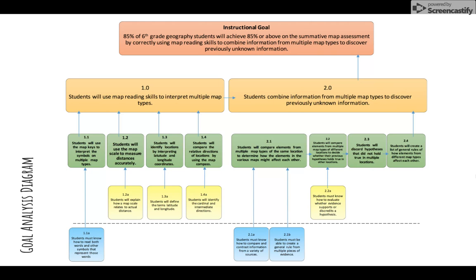And I want students to be able to analyze those things and to come up with general rules. This is generally, if you look around the world, this population is affected by climate in this way, or climate is affected by elevation in this way, etc. So in order to do that, the first step of that is to get students comparing different map types of the same location. So in the previous slide, I had 4 different map types of most of the United States,